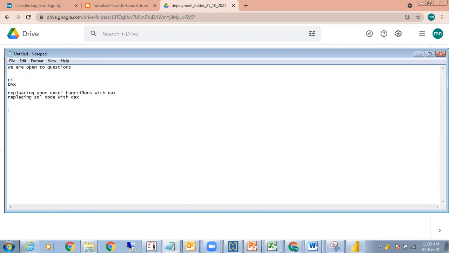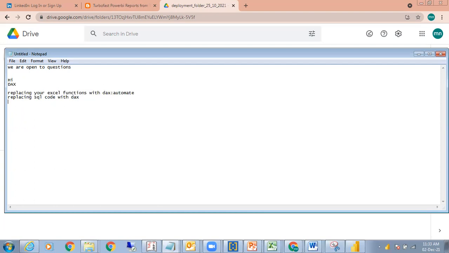Correct. Okay, so ma'am, first of all, replacing Excel functions with DAX helps in automation. It's very simple. I want to automate the entire thing, so you can use a DAX function for it. This is actually a program which you can run. All these are reports which you can run and deploy across multiple clients. A number of large CA firms are actually automating their reports with their autopilot.